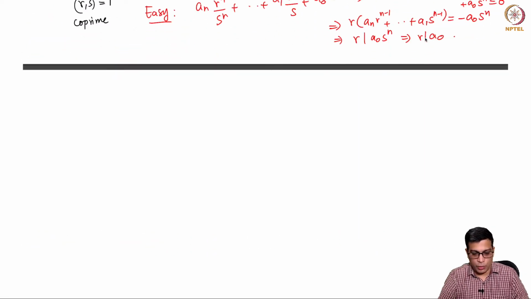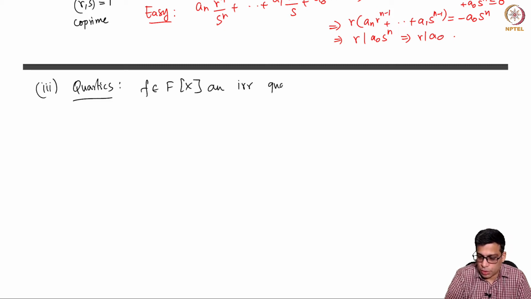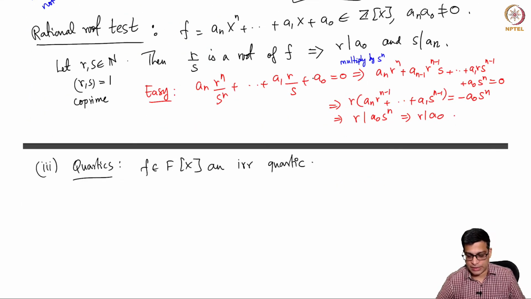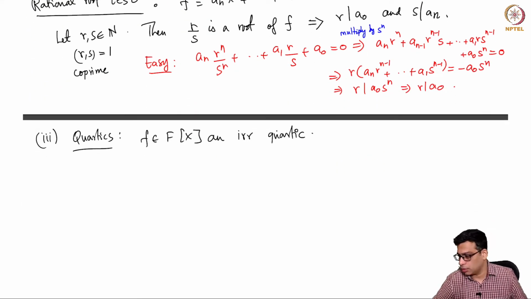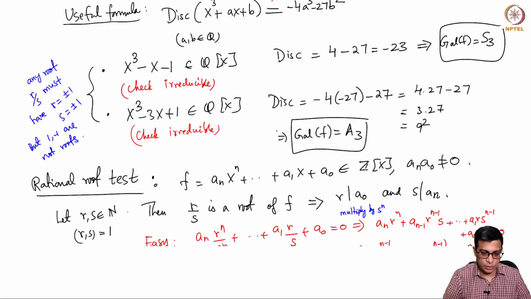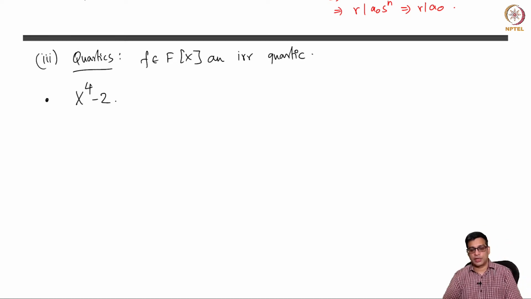Okay, now let's go to the quartic case. And again I am going to take an irreducible quartic, because if it is reducible, it's already a product of smaller degree polynomials whose Galois groups we have discussed. So there is no new phenomenon. All you need to do is consider irreducible quartics. So first I want to do some simple ones before I give you some general formulas which help us.